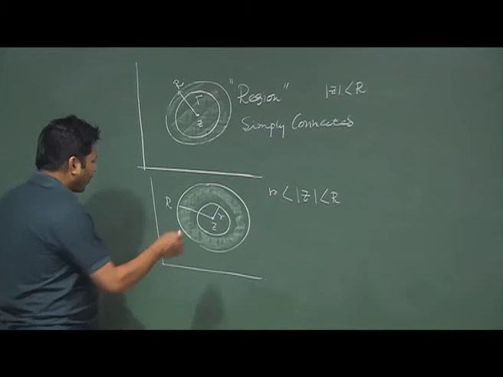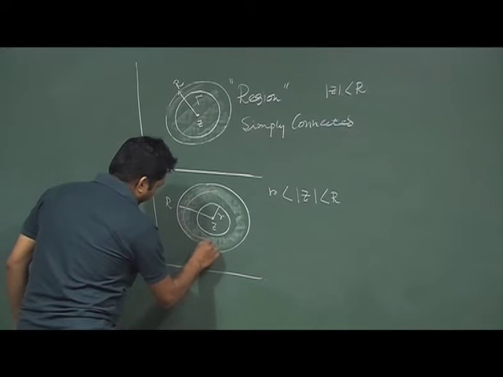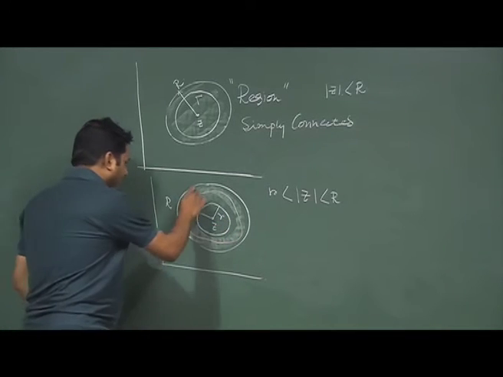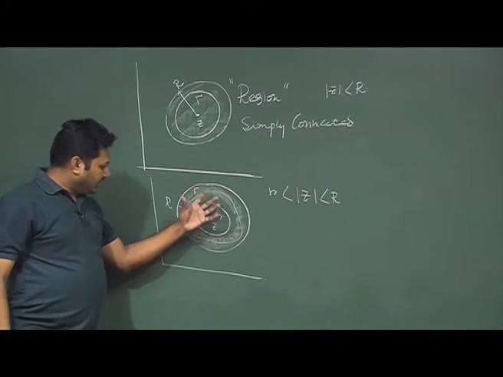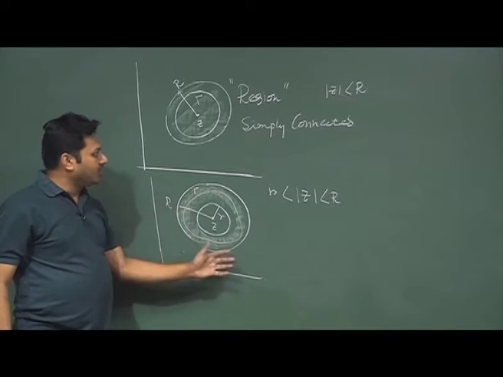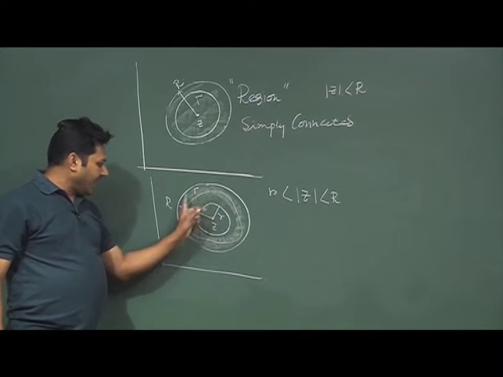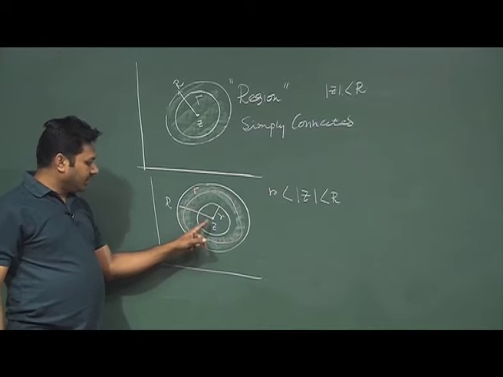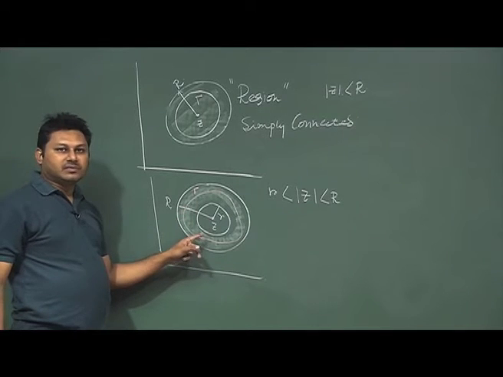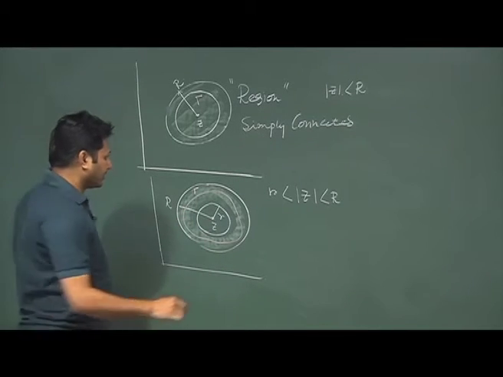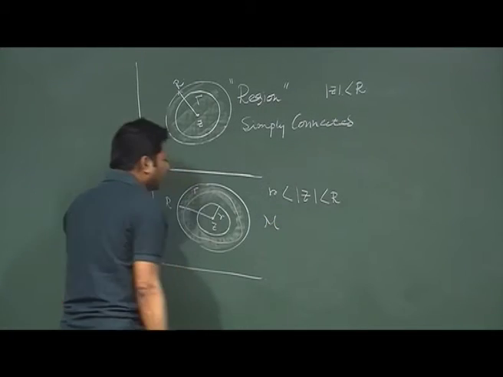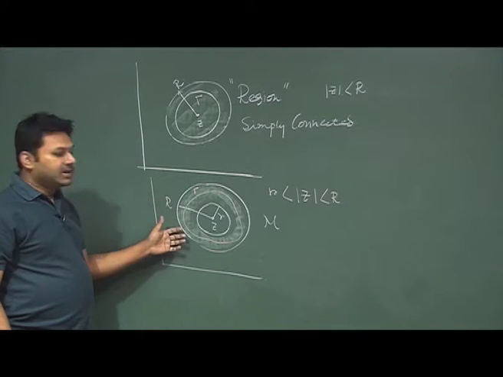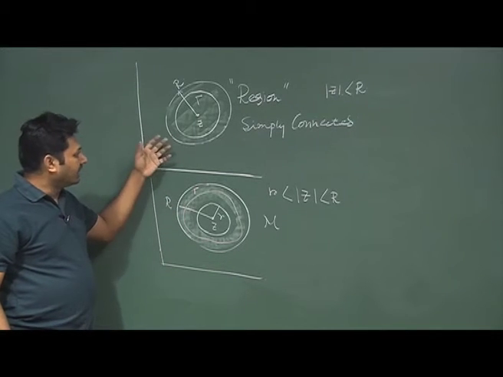And now, if I draw one like this, this is the closed curve I am talking about, say big gamma. This region is not a simply connected region, because if I have a closed loop inside the region and I want to shrink that, it will not shrink to a particular point without leaving the region. So, this is called the multiply connected region. We will use that in a future class, but today I just showed you the difference between simply connected and multiply connected regions and the idea of that.